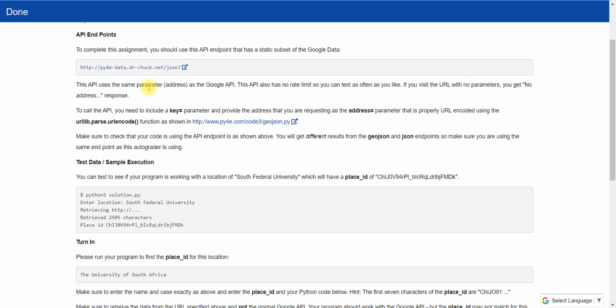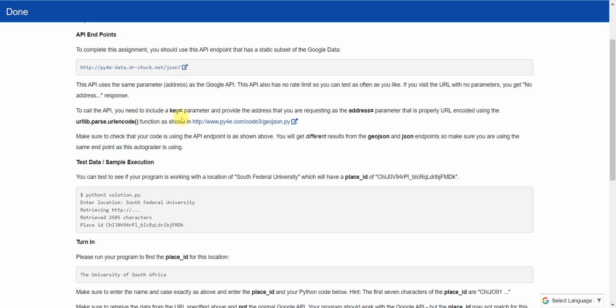This API has no rate limit, so you can test as often as you like. If you visit the URL with no parameter, you get no address response. It means if we don't give the JSON API a parameter, we will not get an address response. It will just give blanks and blanks.